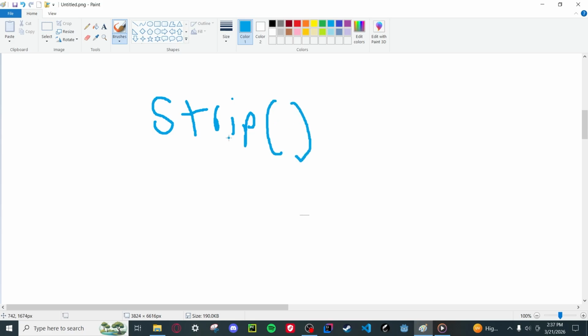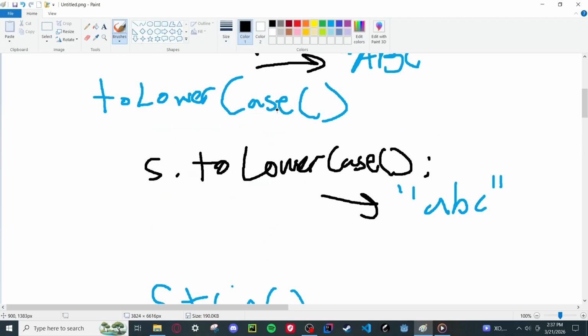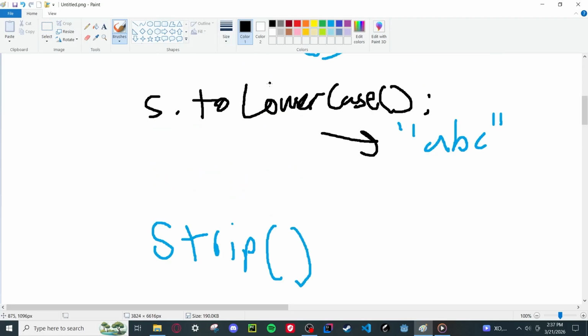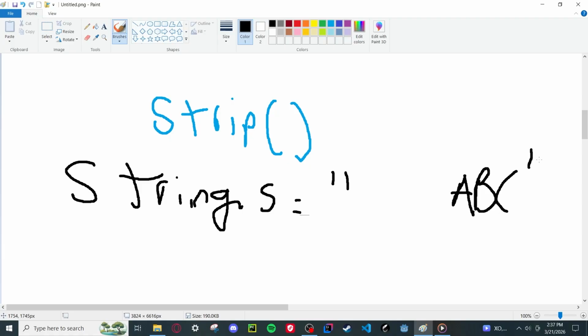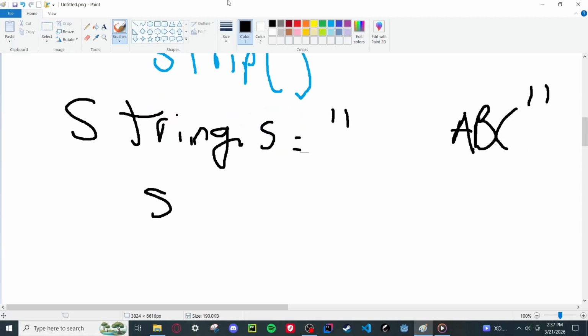So essentially what this method does is it'll strip away any white space from a string. So if I passed in a string, let's say I had a string, where s is ABC, with a bunch of white space here, and then I have ABC. Well, if you run s.strip,